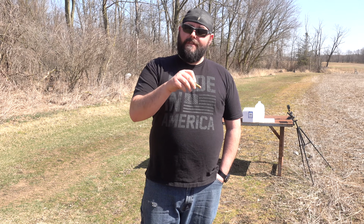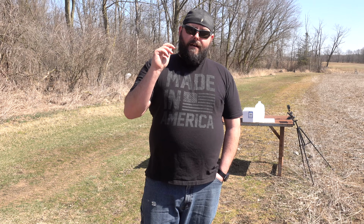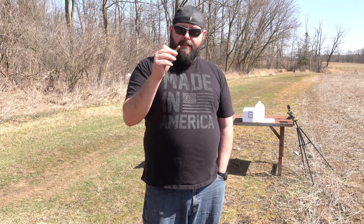We're going to be testing a couple of different versions of this. I've got ones that are supposed to expand, and I have ones that are supposed to fragment. And we're going to be testing them out of a long barrel Taurus Judge and a Henry lever action rifle. So these are things that I'm planning on bringing to market,